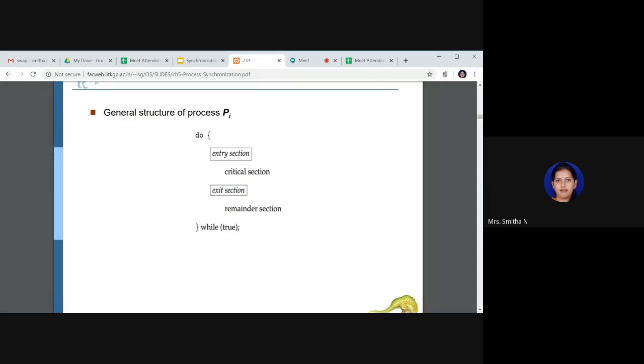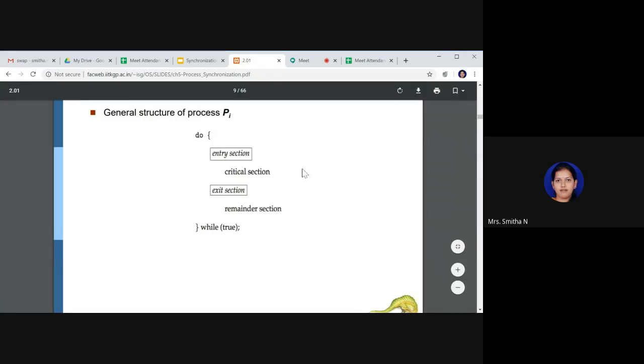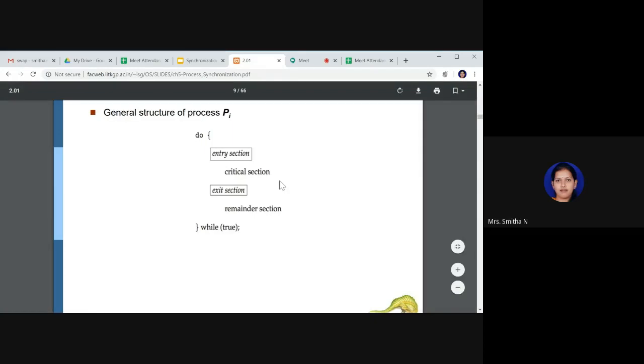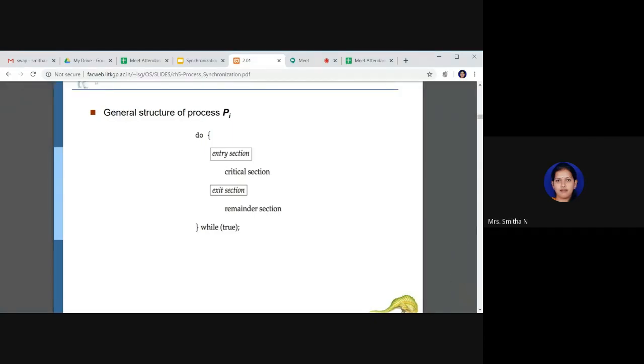So in this whole designing of protocols in the entry and the exit section, we have many types of solution. Ultimately you have an entry section, critical section, exit section, and then you have reminder section. This should be your solution; whatever solution you design should be in this format, so that you avoid race condition and you avoid data inconsistency. Orderly execution is achieved and only one process will be allowed to change or manipulate the data which is there in the critical section, so that you don't end up in a situation called race condition and you don't end up getting wrong answer.